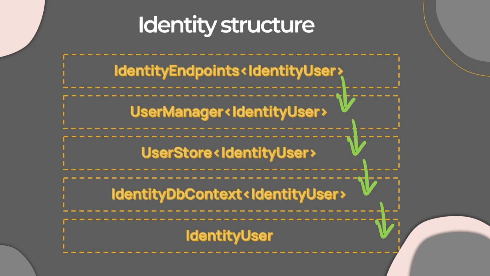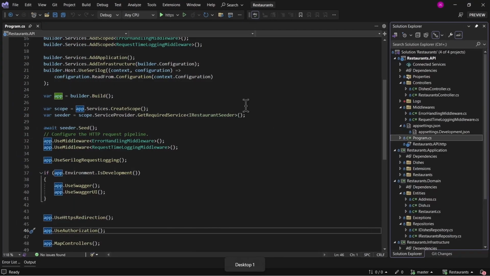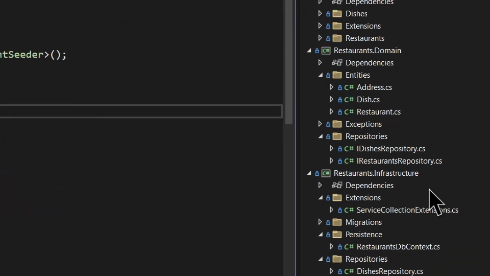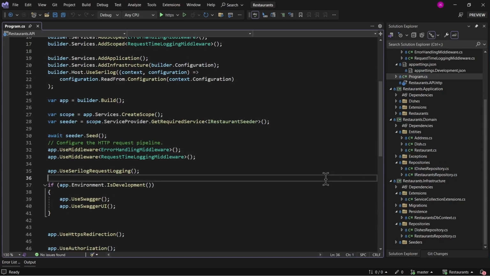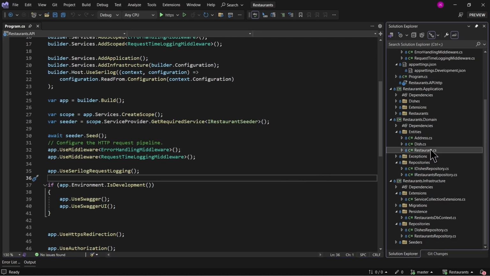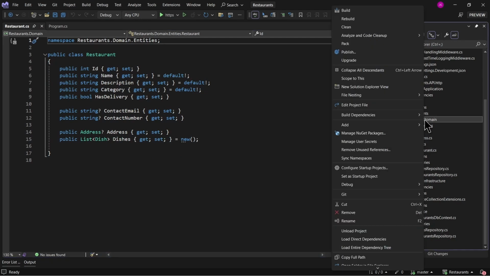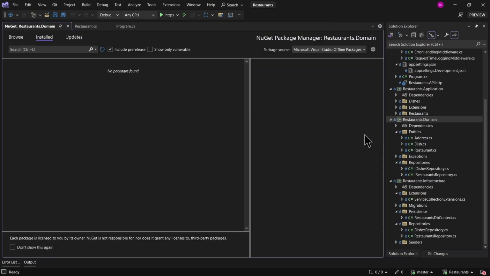Alright, so having that in mind, let's go back to our code and try to add the identity package to our solution so that we should be able to create users in our database by the exposed endpoints from the identity package. So first of all, we'll have to install the identity package, which is obviously going to be connected to the infrastructure, but as we are going to define our own custom user type, which we would like to, for example, connect to a restaurant model, just because of that, I will have to install the package here in the domain module. So let me right click on this module, go to the NuGet package manager, and